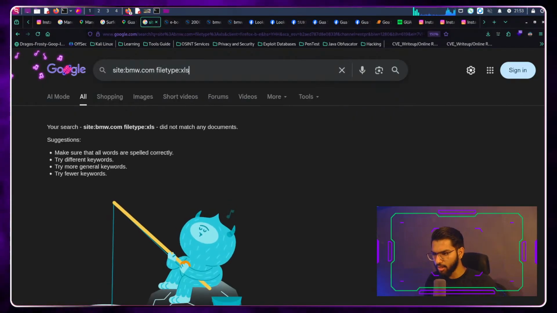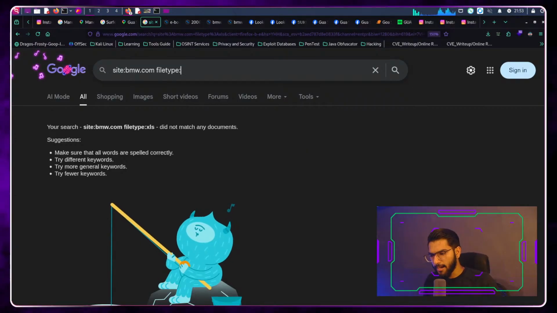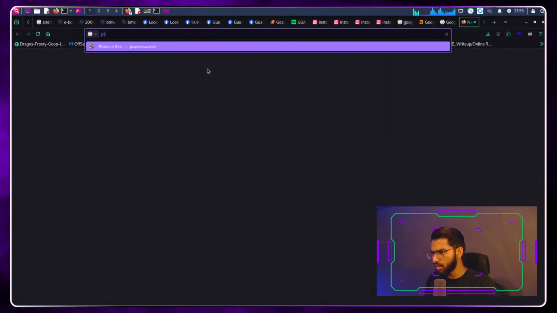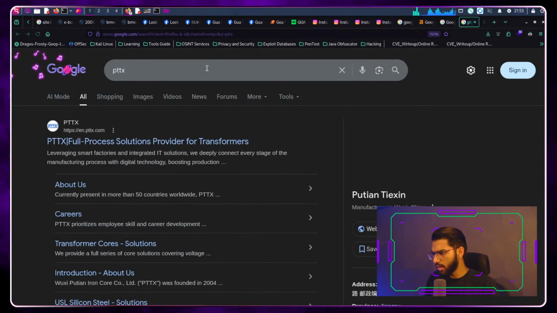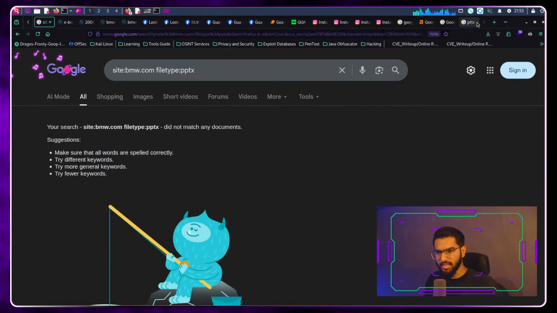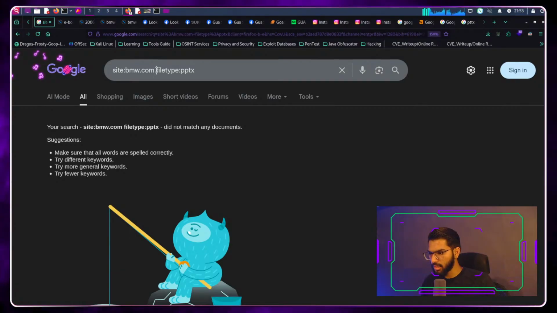No, we don't get any of those things. Fine. What could be another file that I don't want a company to just be disclosing? PPTX, is that Microsoft's PPTX? Oh, wait, let me just Google. I'm also getting confused. Yeah, it is PPTX. Yep, that is the right thing. So I don't find any PPTs here. So you can specify any specific file format to see here.